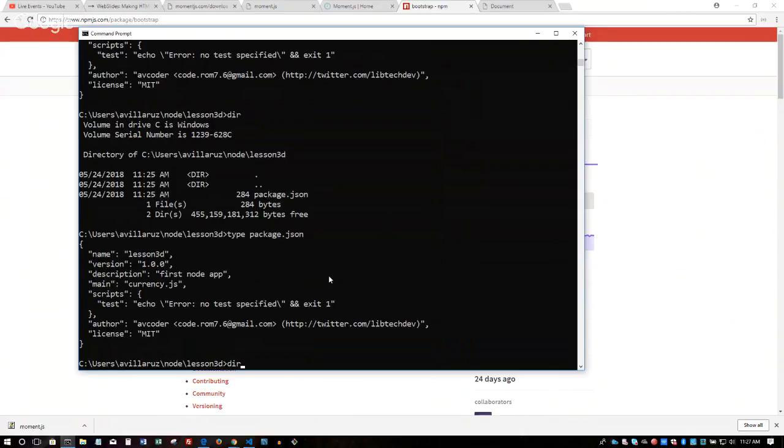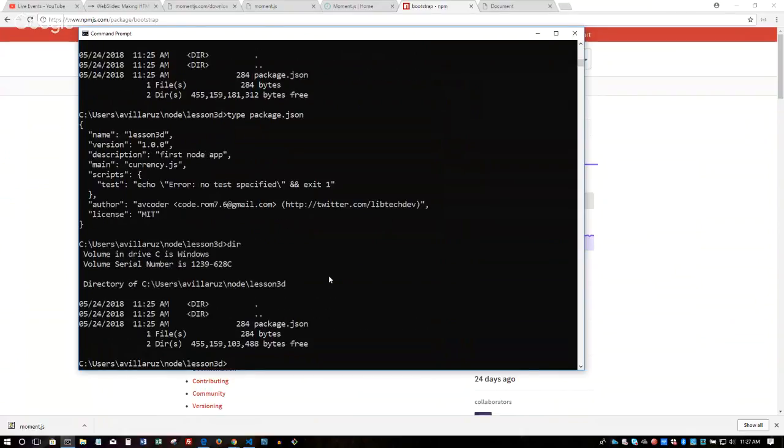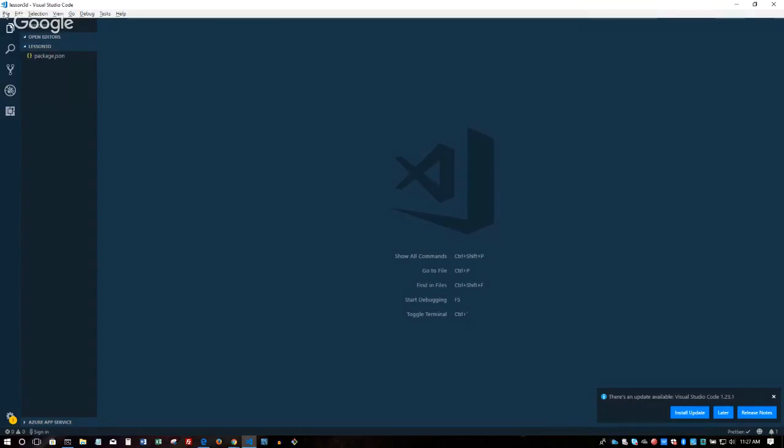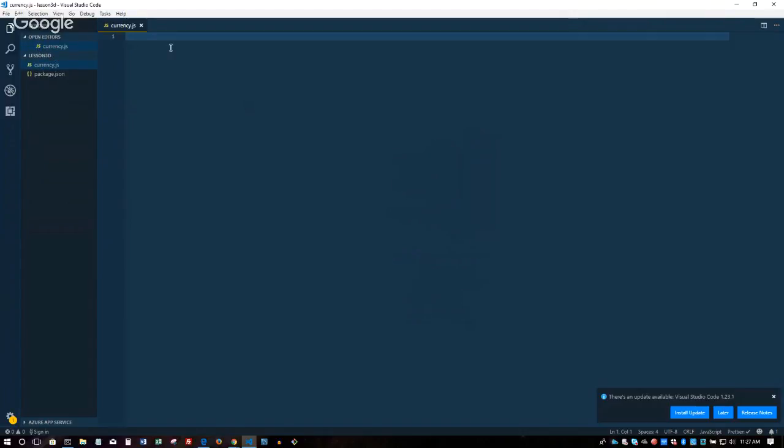All right. So let's create a file called currency.js. So let's go into Visual Studio Code. What folder am I in? Yes. Let's create a file called currency.js. So all you're going to do, let's create a variable and assign it a numeric value.